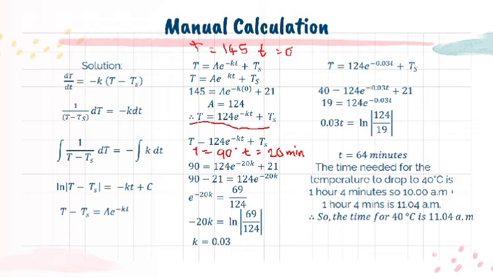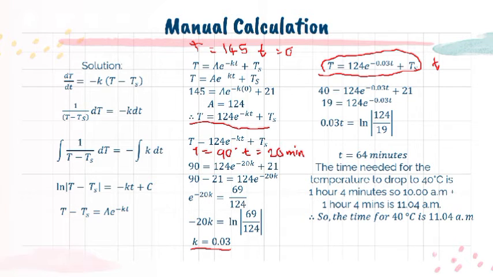We will get the constant k is 0.03. So we know the value of A is 124, and also the value of constant k, which is 0.03. We can conclude that the new equation is T equal to 124 exponent to the power of negative 0.03t plus Ts. So the question wants us to find the time